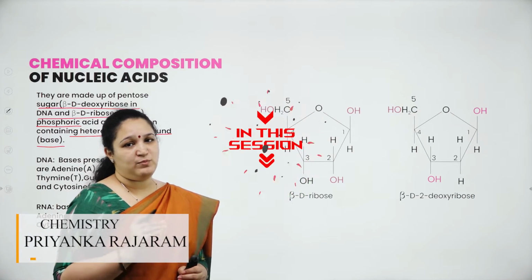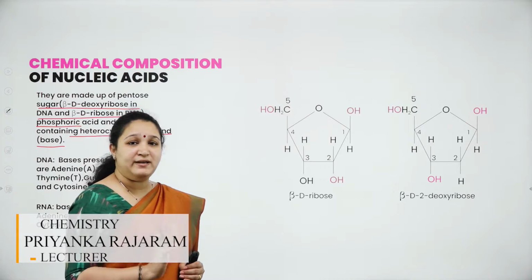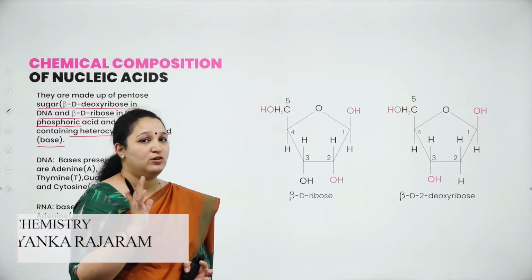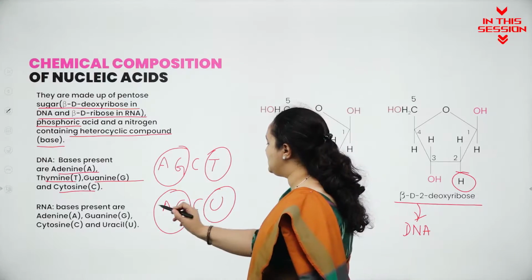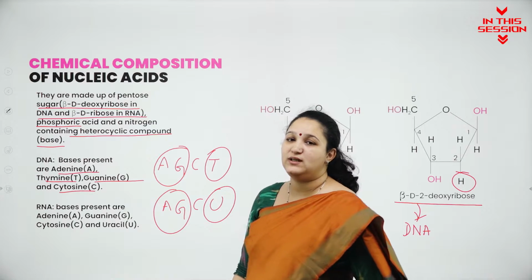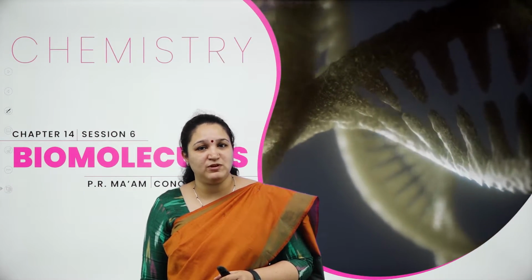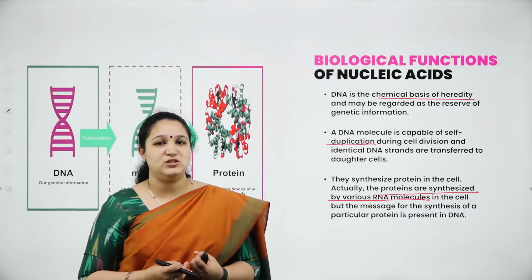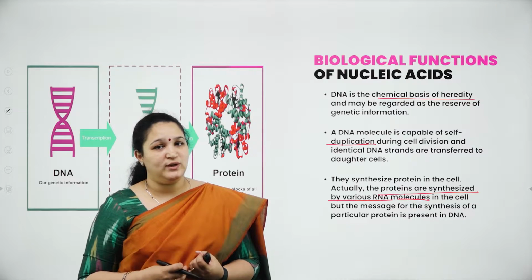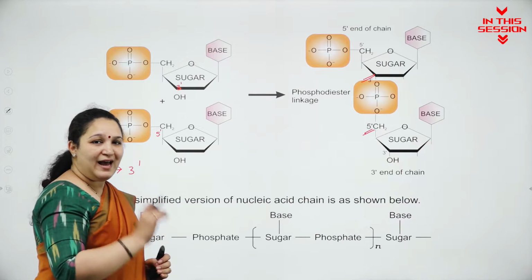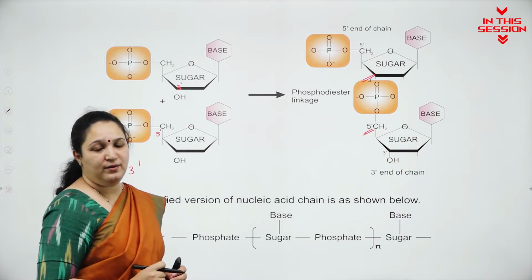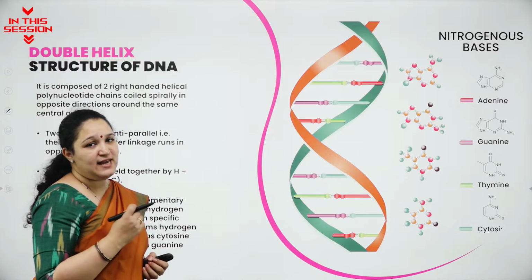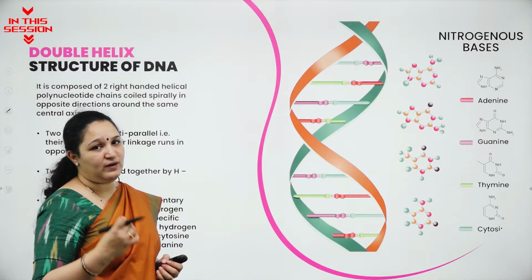RNA, we have ribose sugar. It is a pentose sugar, that means it has got 5 carbon atoms. A, G, C are common in both DNA as well as RNA. The molecules which are responsible for this are called as nucleic acids. A very important question here is, what is a nucleotide? The polymer of ribonucleotide is RNA. Watson and Crick have explained the structure of DNA.